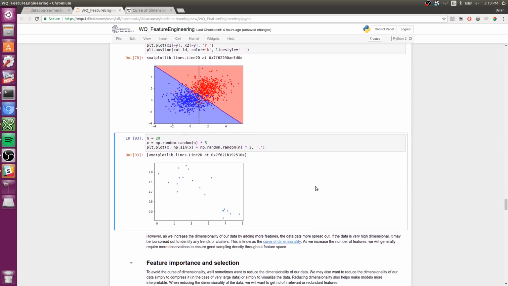So if we don't want to always keep adding features, maybe we want to be careful about which features we actually use and keep around when we're training our models. So for example,